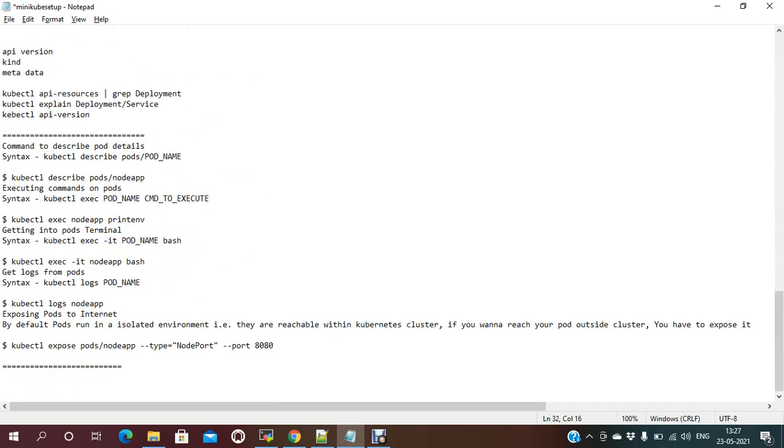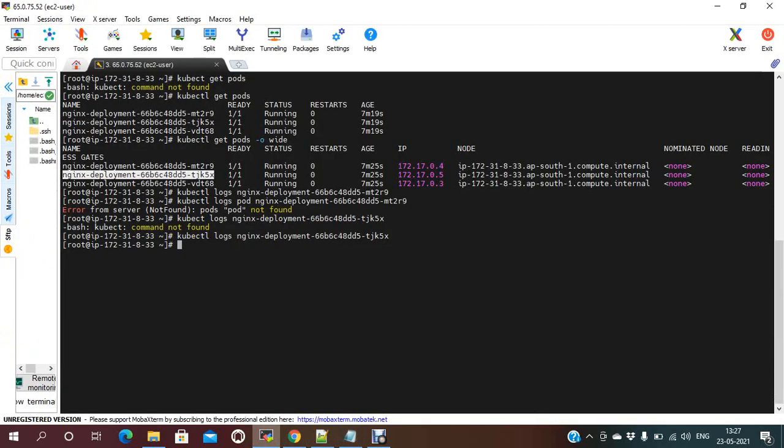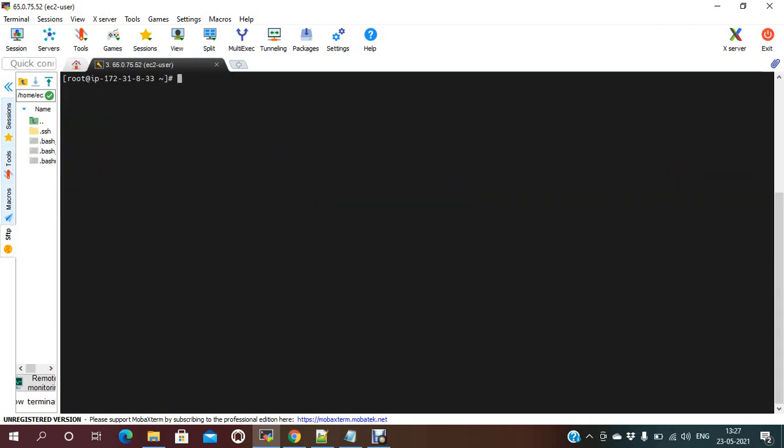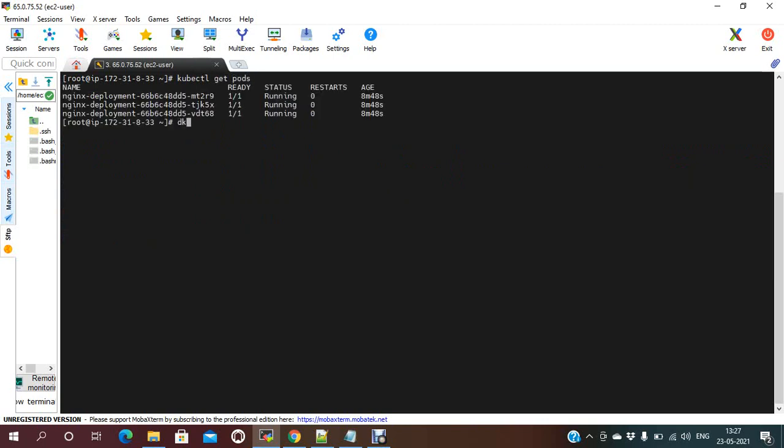I'll show you some basic commands. So if you want to describe the pod, like kubectl, I'll show you why the logs is not working. kubectl get pods. kubectl, if you need the container information, anything like that, kubectl describe